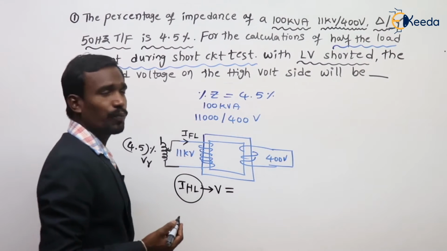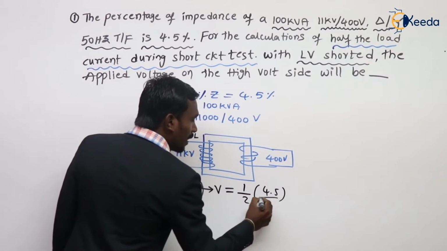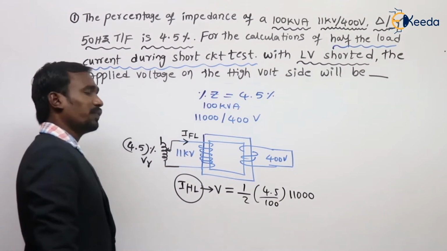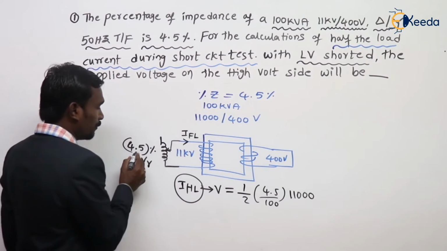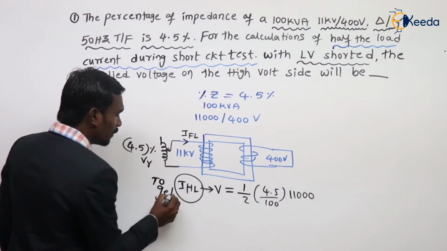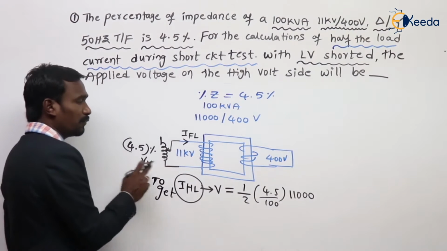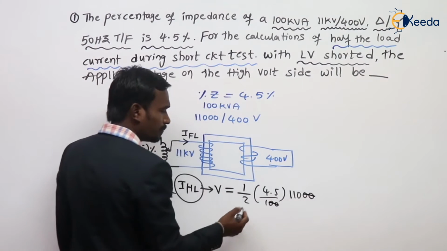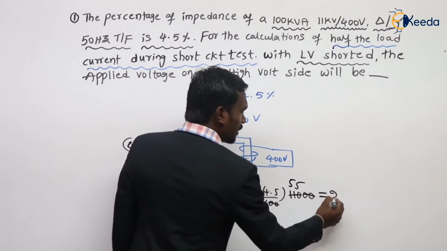The applied voltage is equal to half of 4.5% of 11 kV. Because if you apply 4.5 percent, you get full load; but to get half the full load, the voltage is half of the 4.5% of the full load voltage. Then these two zeros get cancelled. 2 ones are 2, 5 5s are 25. If you calculate this, the answer is